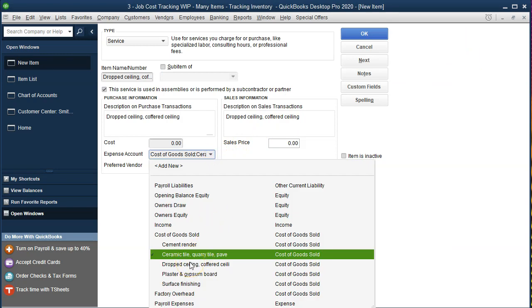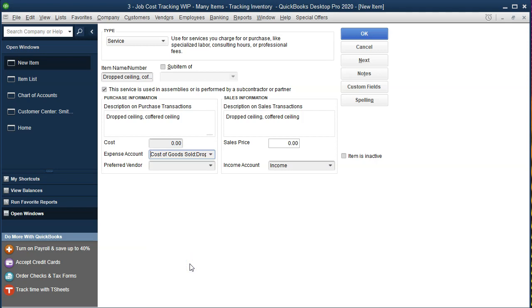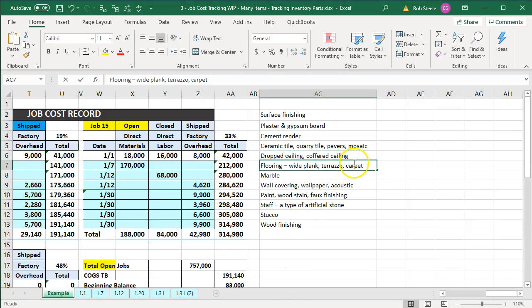All right. So we're going to add this one. This one's already been added. Next time we'll add a new one. And then we're going to go next. And let's do this again. Now we have the flooring. So I'm going to add the flooring